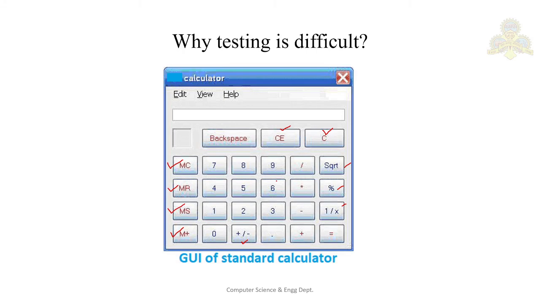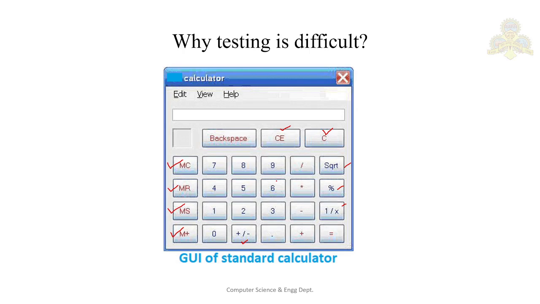So what is the solution for this? The solution is you can give a subset of these valid input file names, such as a single character, for example A, then you give DEF, then you give some other names up to 8 letters. You can also give invalid file names, such as those containing the at-the-rate symbol, or a space in between, something like that. So if you test the program with only a limited number of test inputs, you will get confidence in your software that it is working, right?